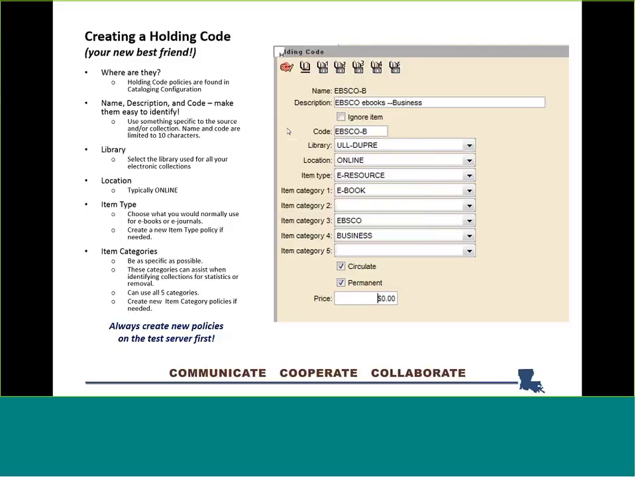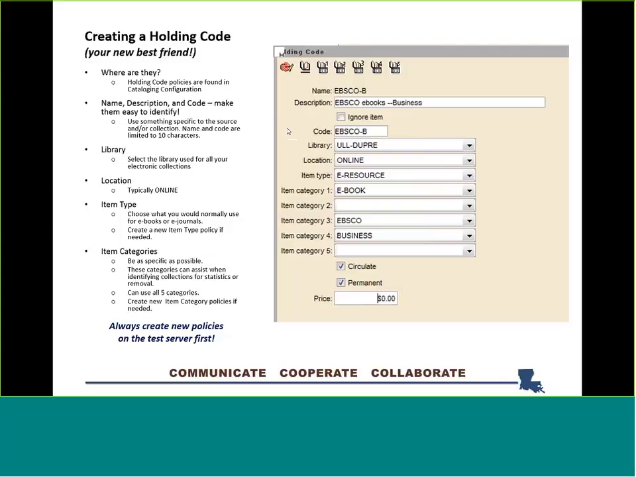You pick your library, you pick your location. Again, these are selections that ULL used. You can use whatever you want here. You can see they used e-resources or item type, and they have 3 categories. These categories are very important, and they chose to use ebook as a sort of a broad category for item